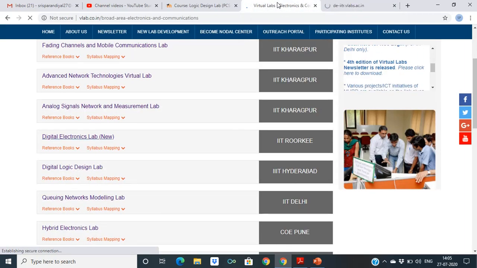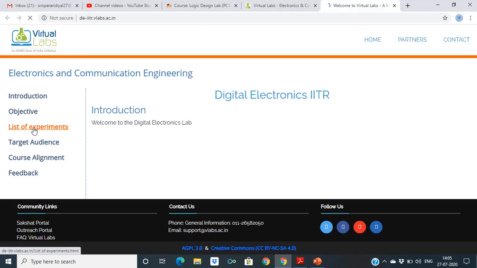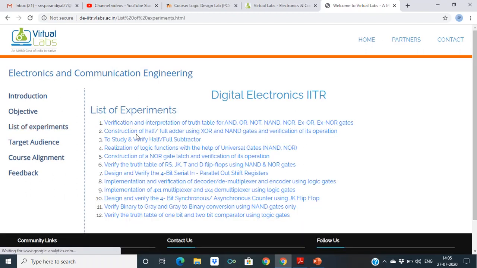In Digital Electronics Lab, you will go to the list of experiments, and here you can see construction of half and full adder using XOR and NAND gate. So you will go to this experiment.